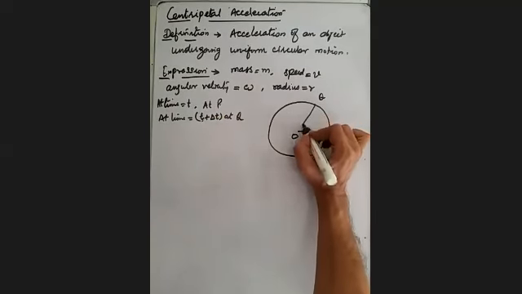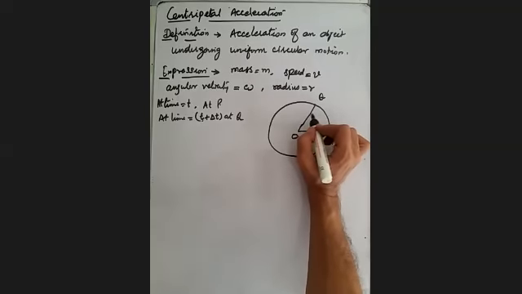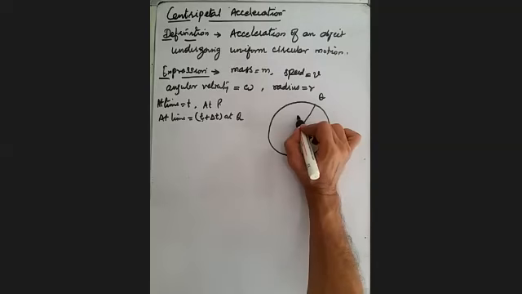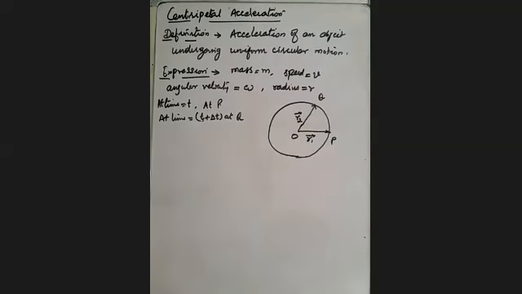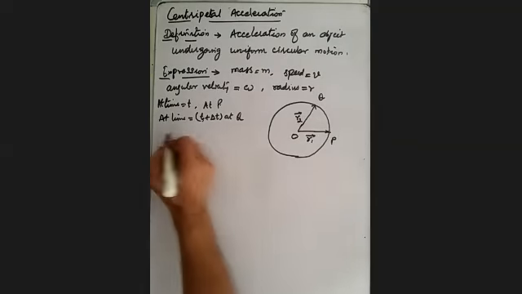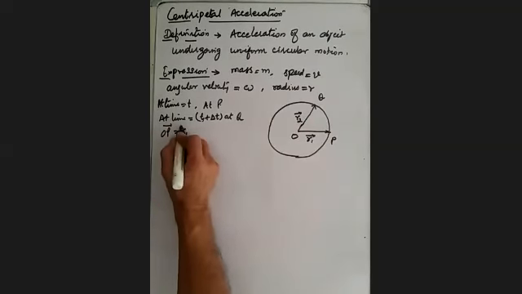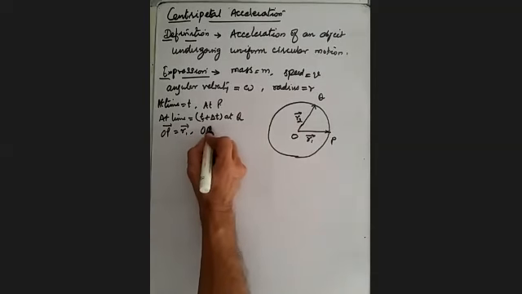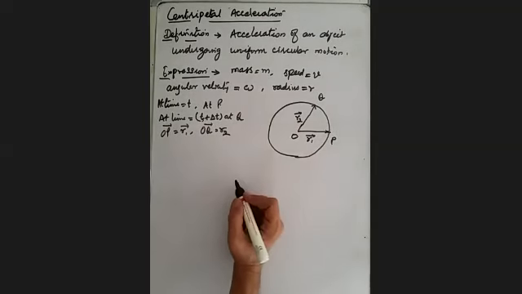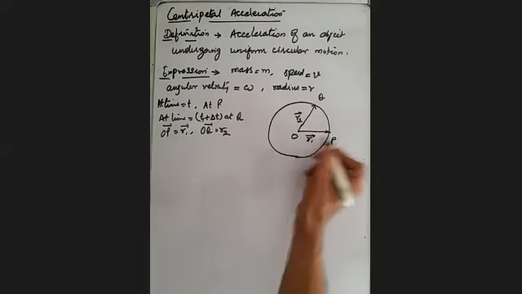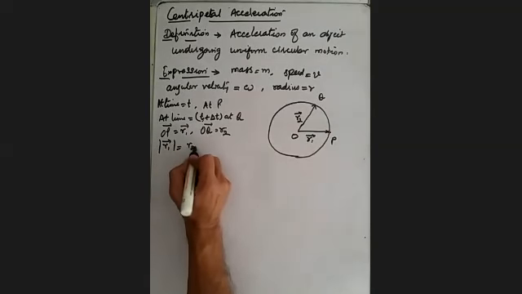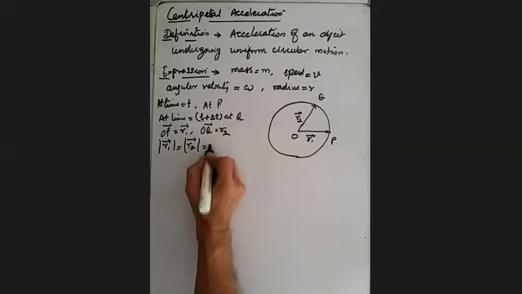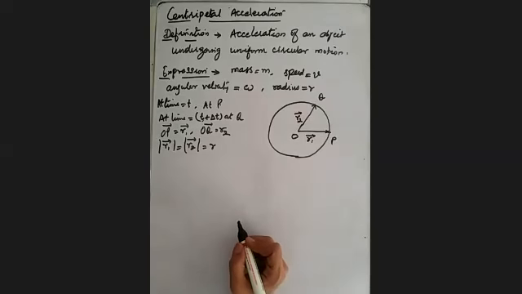The position vector of the particle at time t plus delta t is, let us say, r2. So r1, r2 are the position vectors of the particle. So we can say that OP vector represents the position vector r1, OQ vector is r2. And also because it is a circular path, r1 magnitude is equal to r2 magnitude, is equal to the radius of the circular path.